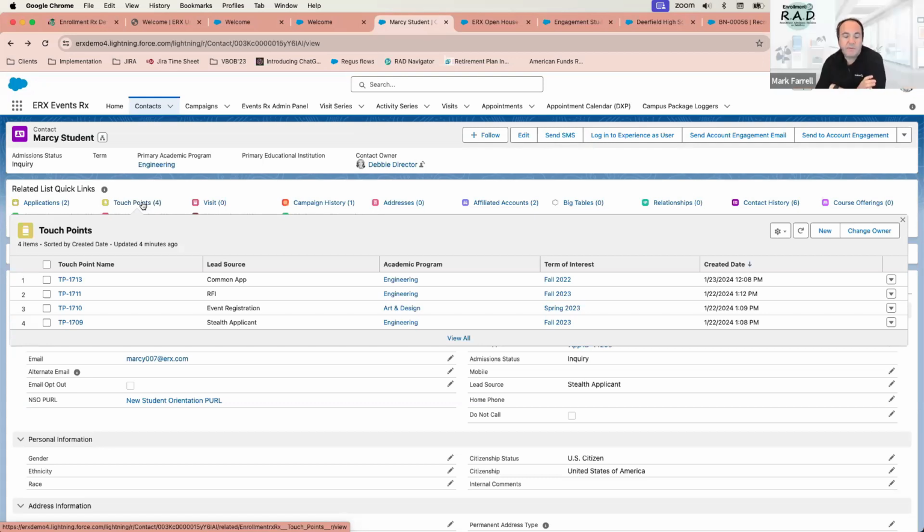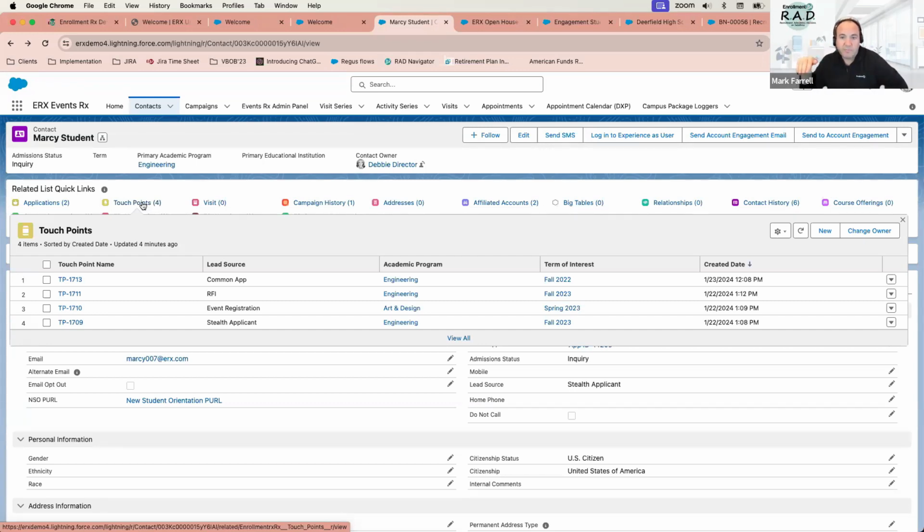Yeah, that's a great question. So anytime and every time somebody fills out a form, the odds of the exact same questions being on each form is slim, right? You're going to have some forms that'll have a home phone and maybe a work phone. You'll have some forms that might have a mailing address, some don't. So either way, as somebody fills out that form, each source, so a source for, let's say, the Common App, for the RFI, for the event registration, each one of those is treated separately